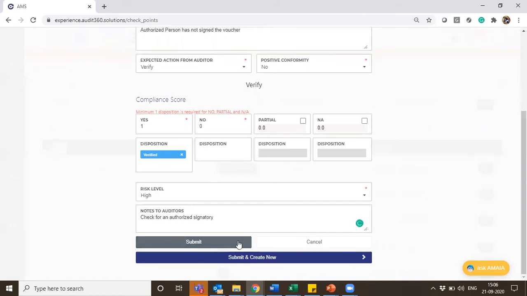When I click on submit, it says no, it should have a higher score, because here we have changed the positive conformity. So what we have done is, if we have given a lesser score for the followed one, then obviously there would be a validation which gets run. So I change this to 0 and I give it as 1, and now submitted.